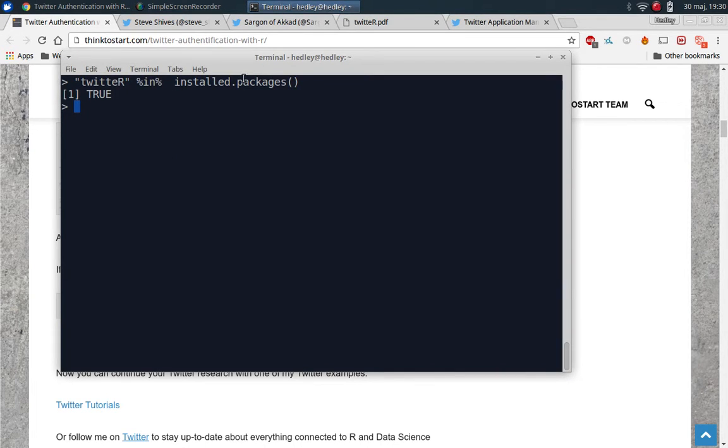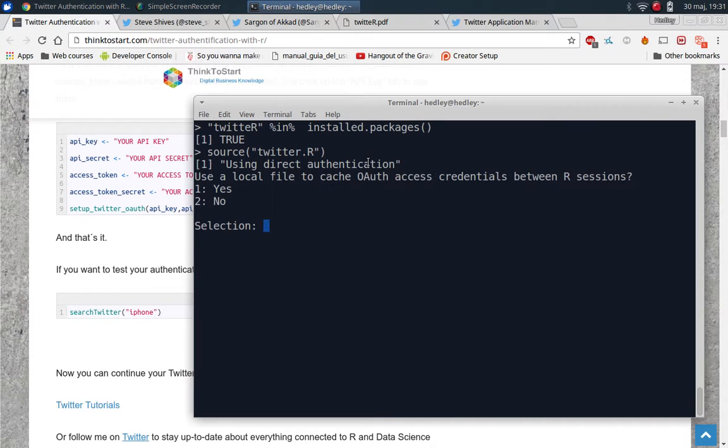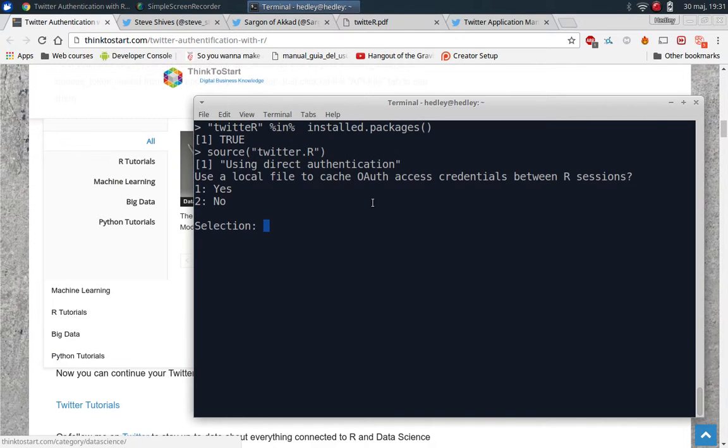I will not show my keys here. However, I will do something like source, and I put the twitteR file. I already have stored that information in this text file, and if I run it, this is the thing that you will see in the authentication. I say no, and voila, I am